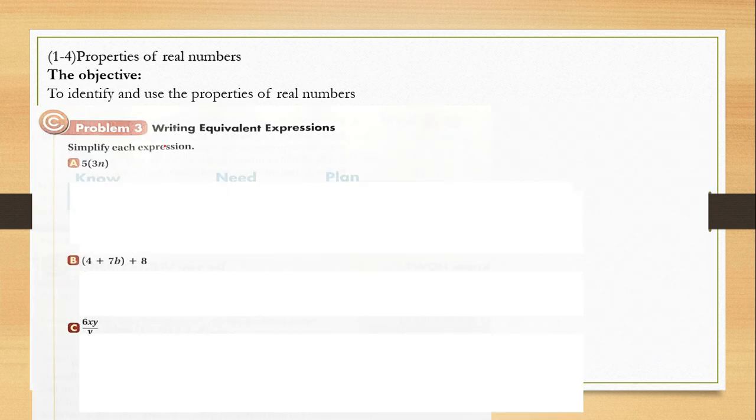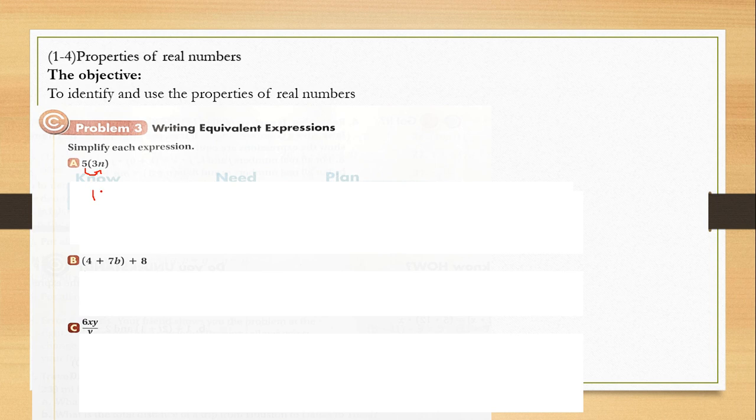Now let's move to writing equivalent expressions. We want to simplify each expression from what we have by justifying each step. So 5 times 3n. Here, since between the multiplication we can just change the order for them, we can say immediately that's equal to,